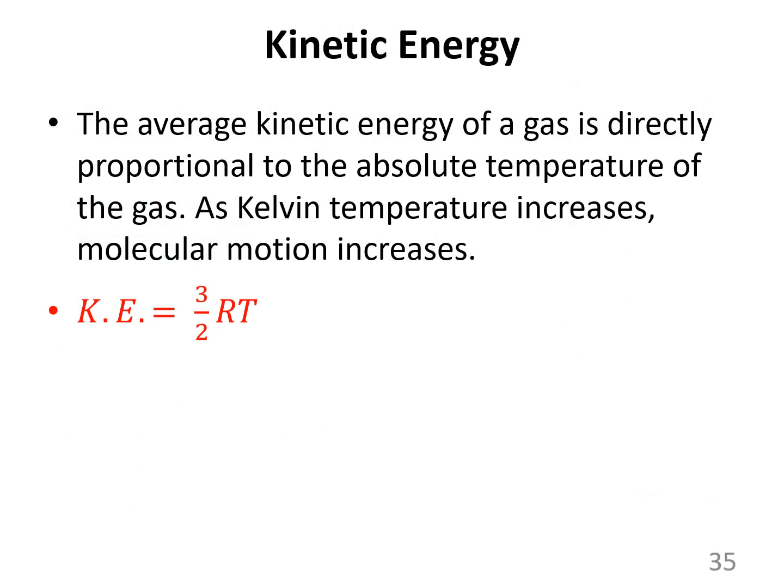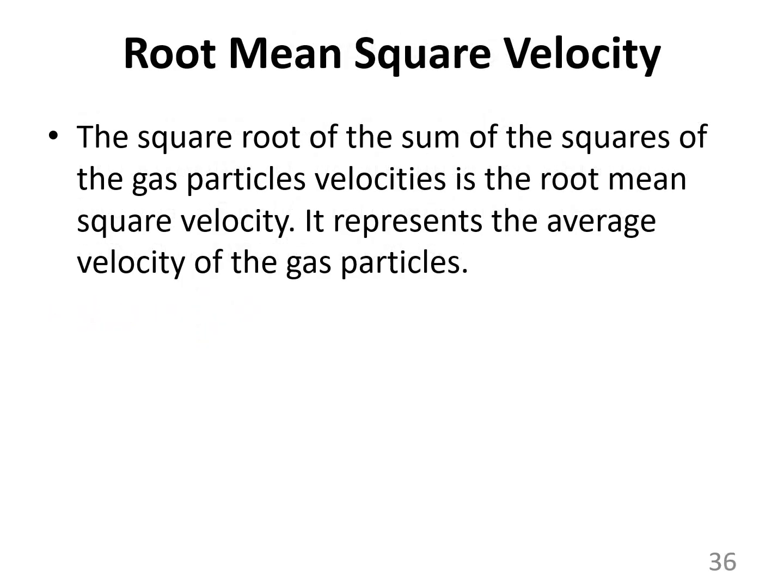Since the particles in a gas sample are in constant motion, they have kinetic energy. And the average kinetic energy of a gas is directly proportional to its absolute temperature or Kelvin temperature. As temperature increases, so does the kinetic energy. The gas particles that are in random motion have a velocity. A velocity is a speed with a direction to it. And the relationship between this velocity and the